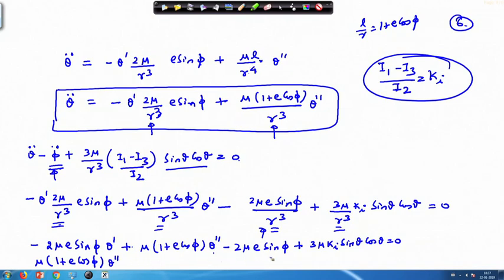Okay. So, this is your phi prime term, and 2 mu E sin phi, this particular term. So, we utilize it here, and here you see 2 mu E sin phi term is appearing. So, we can write this as this minus